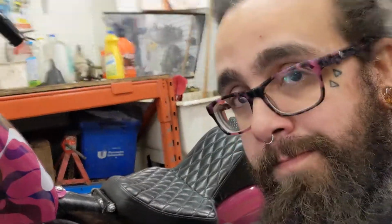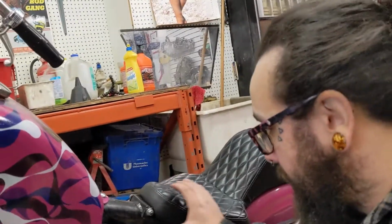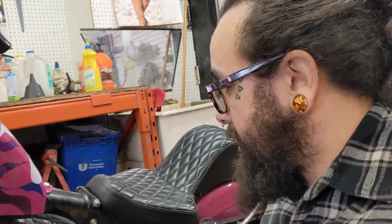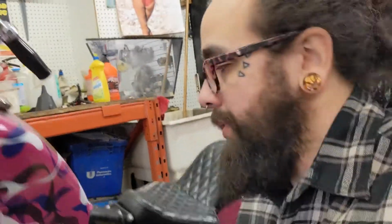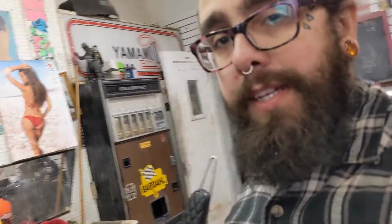Here's my starter button. At the end of last season, it got super wet and corroded, and it was giving me a hard time, so I'm just going to replace it. That's going to involve taking off the seat, pulling the battery. Yeah, not going to be a great time. So that's really all I gotta do, and then I guess I'll check my tire pressure and everything, because Quebec